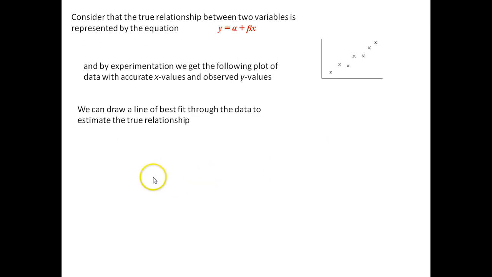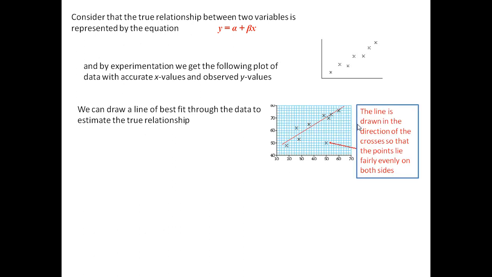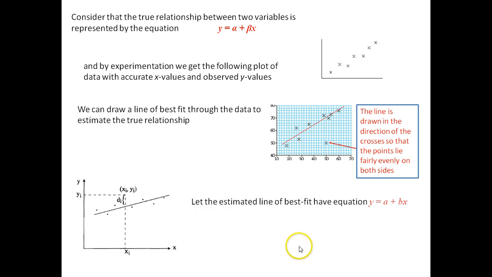And suppose we can then draw a line of best fit through the data to estimate the true relationship. So our line of best fit would go in the direction of the crosses and be so that the points lie fairly evenly on both sides. So we're going to use this data plot to estimate the true relationship. Now suppose our line of best fit has an equation of y equals a plus bx. Well, our a is our estimate for alpha and b is our estimate for beta. And then each point